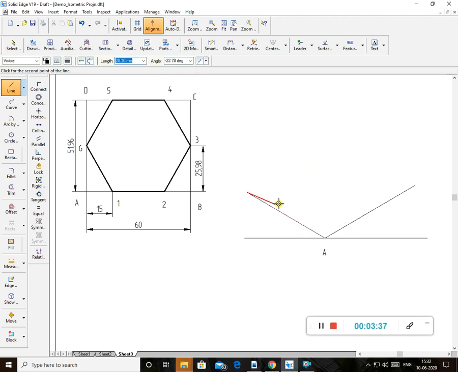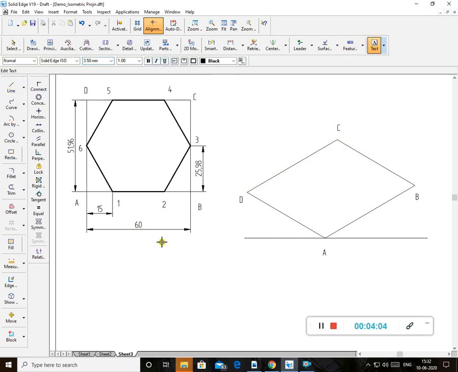This is point B, and this is point D. Now I want to set point C. DC is again 60. From here again I use a 30 degree angle and take 60. This completes the box. After drawing this one line you can complete it. So this is the box ABCD.